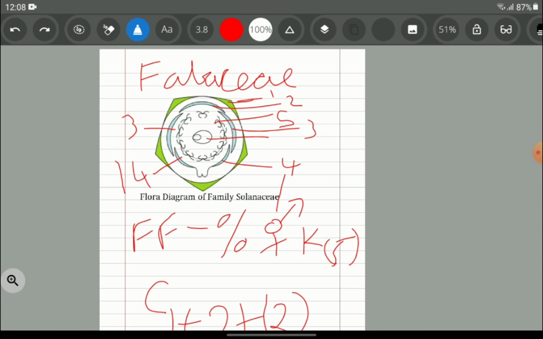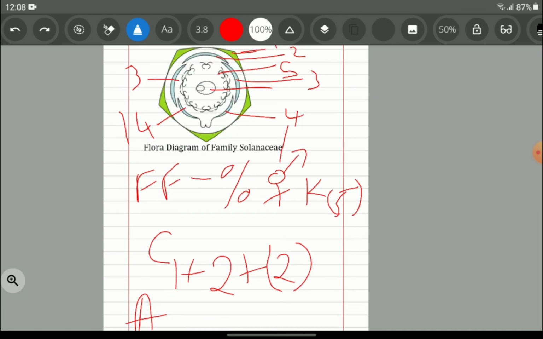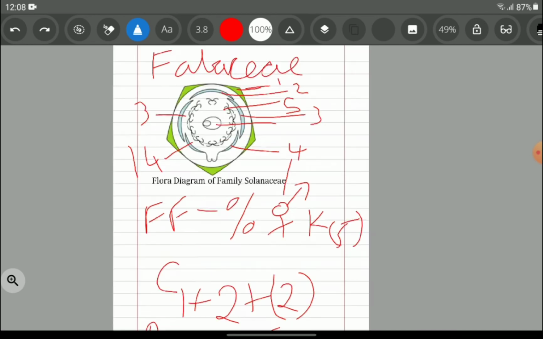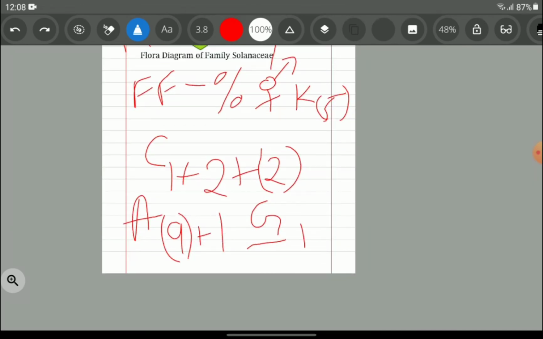Okay, see, if you want to count, you can count also. There are 9 anthers over here. So let us take 9 plus 1. Okay, so 9 in the bracket. So we have done with the anther. Then coming to the gynoecium, the gynoecium needs to be superior over here, so it should be underlined. G should be underlined, and we have only one ovary, so it is 1. Okay, so by this we have completed the family Fabaceae.